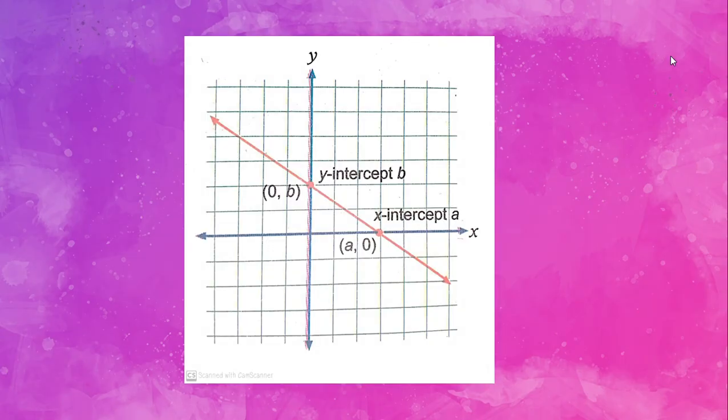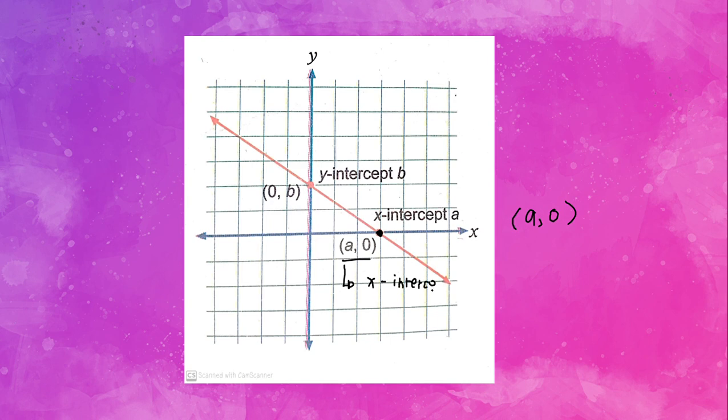So consider this graph, okay? Take note of this: if the line crosses the x-axis, so again the x-axis is the horizontal axis, then if a line crosses the x-axis at the point (a, 0), wherein a is the value of x, then the number a is the x-intercept of the line. So the ordered pair of this point is (a, 0), wherein your a is considered to be your